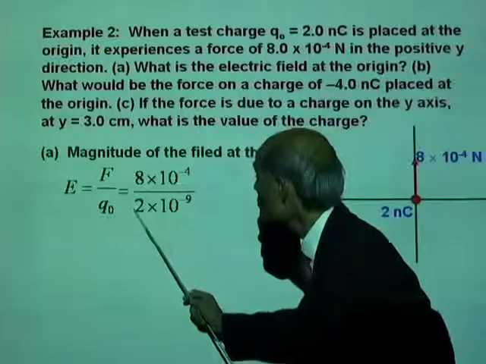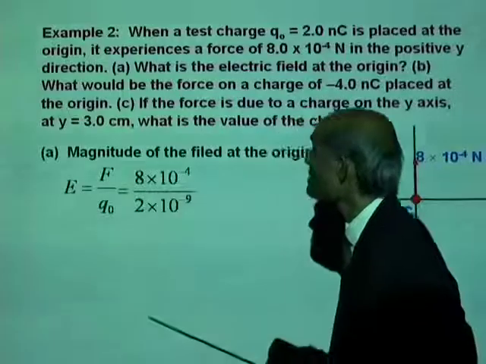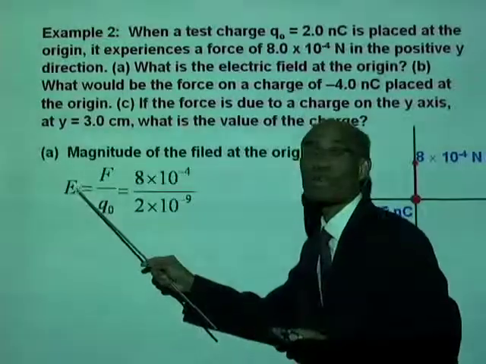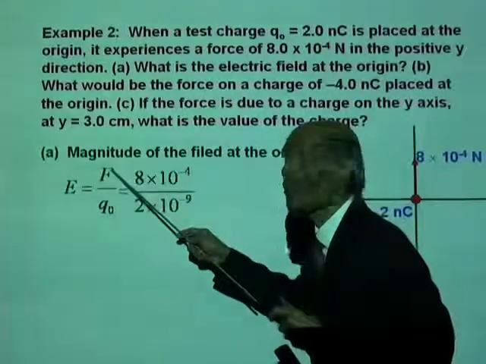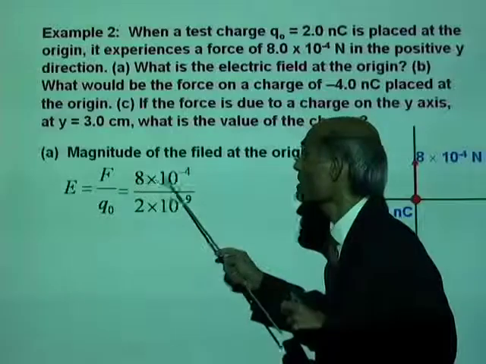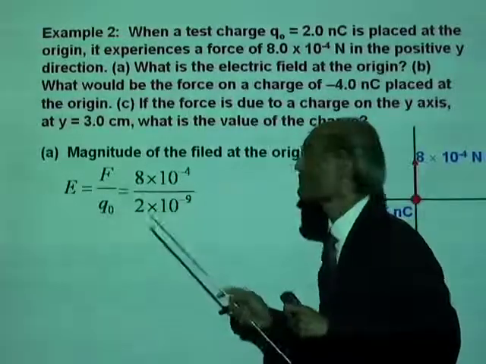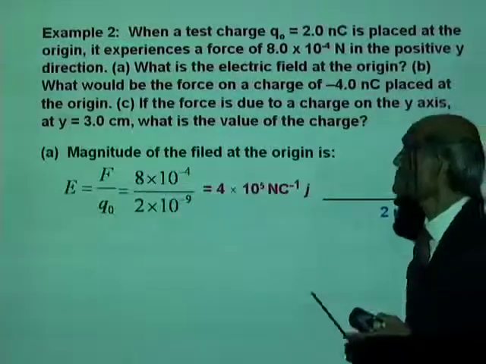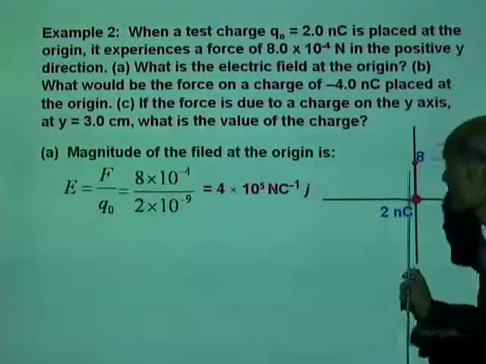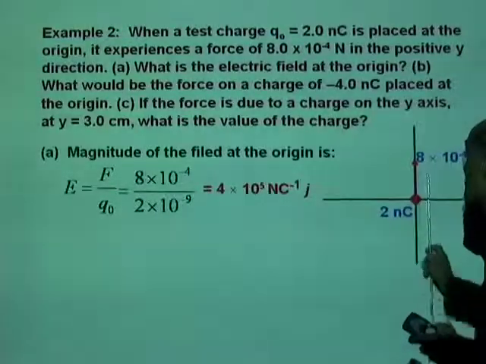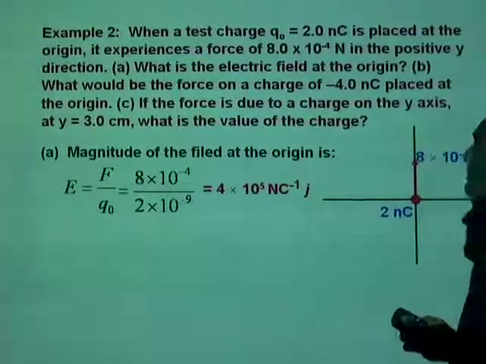So a charge 2 nanocoulomb experiences a force of 8 times 10 to the negative 4. Therefore, the electric field at the origin, which is responsible for that force, is force per unit charge. That is force divided by the charge. Convert the charge to coulomb. And that is 4 times 10 to the 5 Newton per coulomb. So that electric field is in the positive y direction and its magnitude is 4 times 10 to the 5